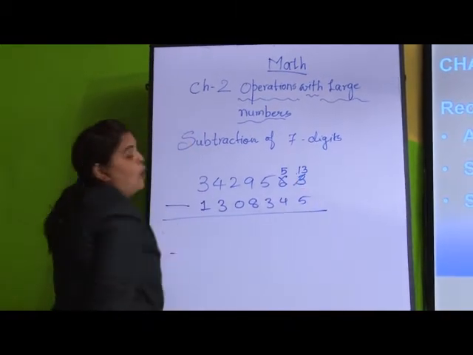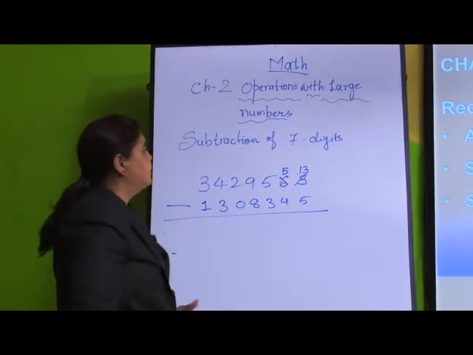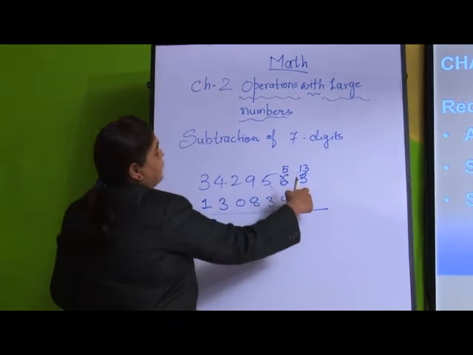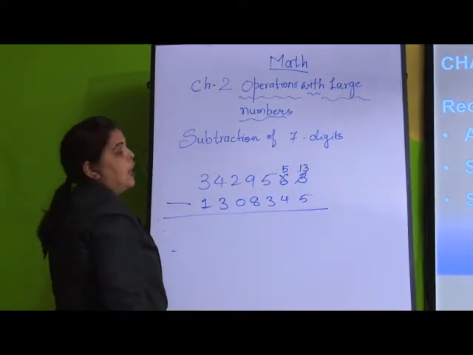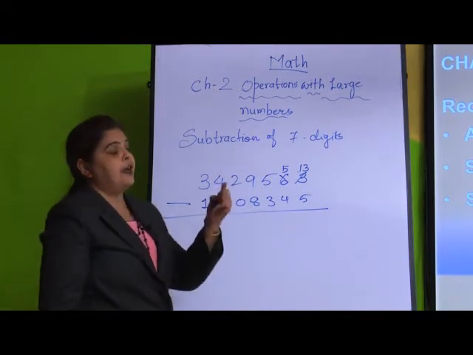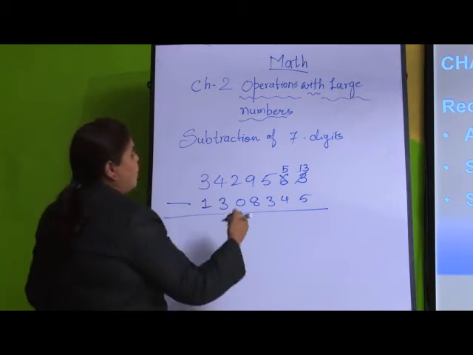So, he will have 1 less because it is in the tens position. So, now I will try my subtraction. Can I do 13 minus 5? Yes. After 5, 6, 7, 8, 9, 10, 11, 12 and 13. So, how many? 8.